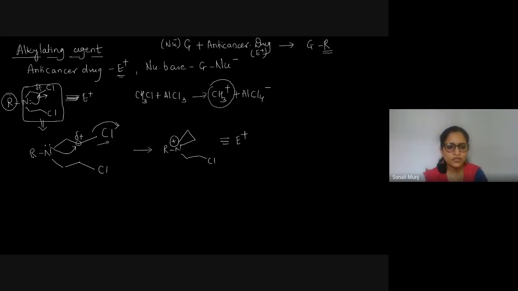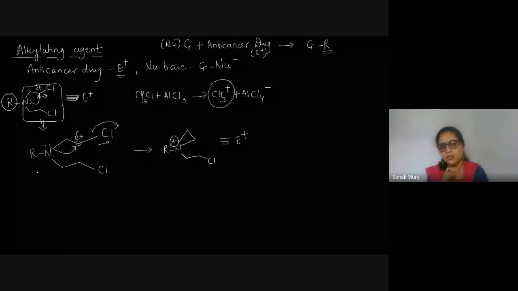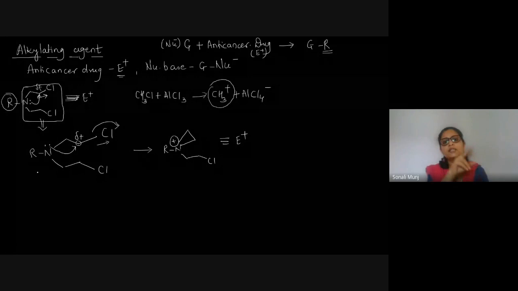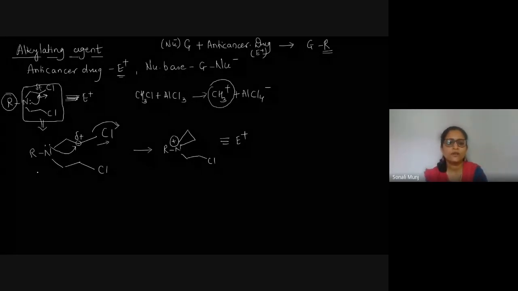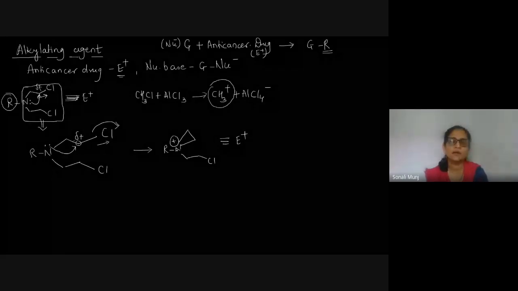When you are considering this alkylating agent, those alkylating agents are intrinsically so active that because of the presence of Cl, it will try to pull the electron and depart, taking that electron cloud towards itself, making the adjacent carbon a positive charge center. Thus the nucleophile, the nitrogen, will attack that particular carbon and will create this